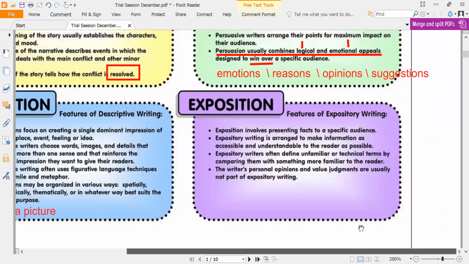So now, what are the three text types we studied, Ijana? One, narration. Perfect. Two,